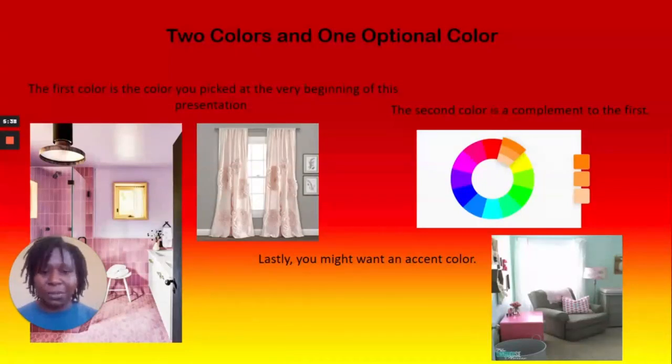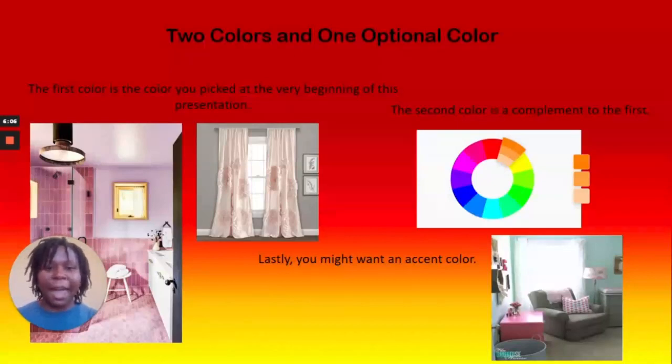So in this case, we chose pink, and a complementary color might be green. So you might want to put green throughout that pink bathroom or something like that. If you don't want to cross over into a cool color when you started with warm, then you might want to choose an adjacent color like red. So that's pretty much the idea of complementing the color that you first picked.